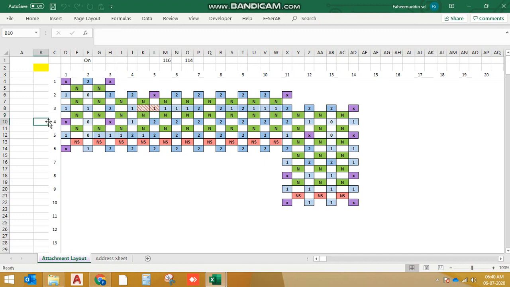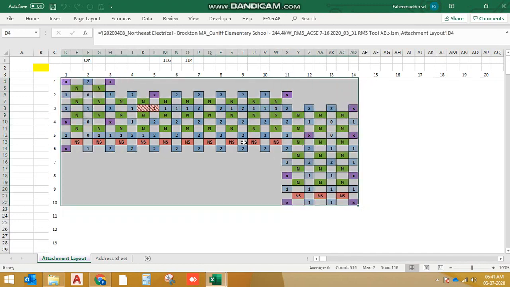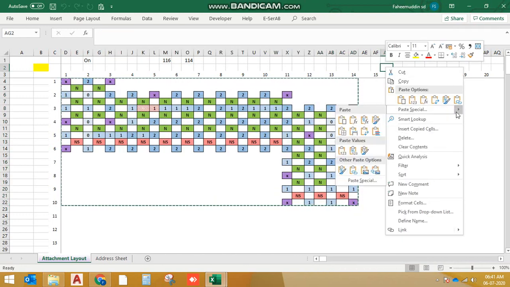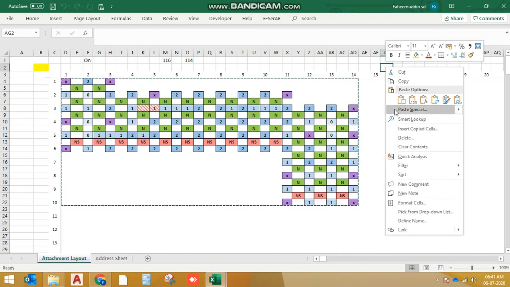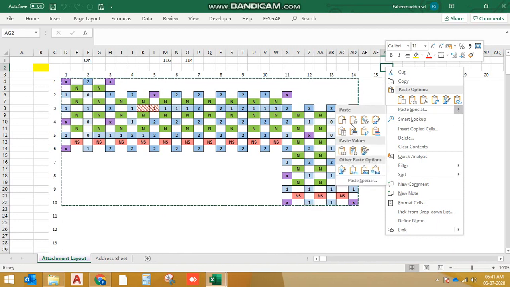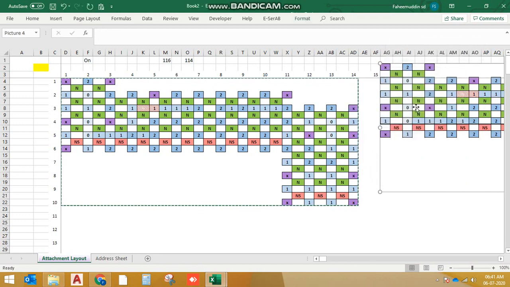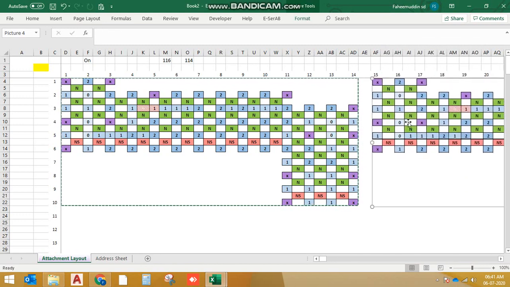So first thing, let's make an image copy of this first. Copy and paste as image. Before that, if you want to do any right click, you cannot right click in this area because right click is for restore. Apart from that, you can just right click here and give an image. Don't give a linked image, just give a normal image so that we can have a cross reference later.